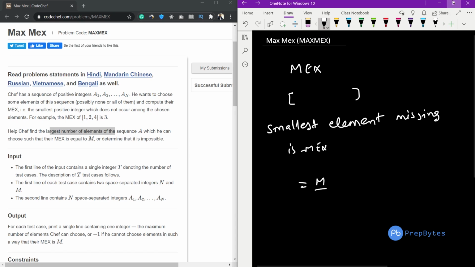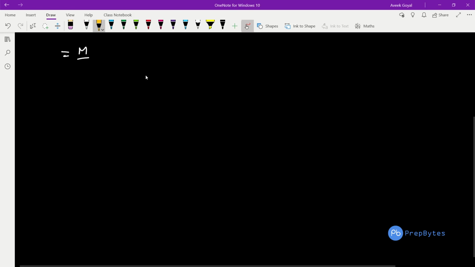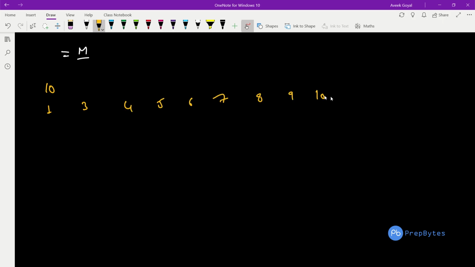Now, before going to any of this, let's discuss more about MEX. Let's take some examples to understand MEX better, and see how we can calculate MEX with different examples. Let's suppose we have 10 elements: 1, 3, 4, 5, 6, 7, 8, 9, 10 and 11. In this given set, which is the smallest element that is missing? We do not include 0 here in the question. So which is missing? It is nothing but 2. So the MEX for this set is 2.